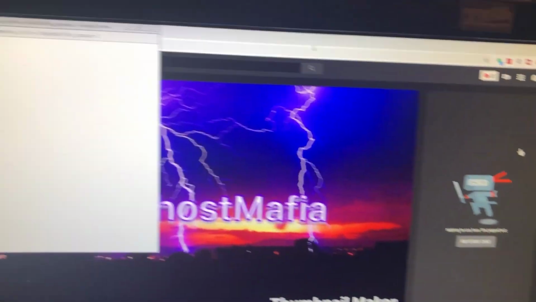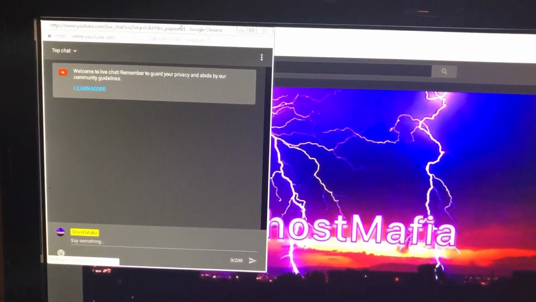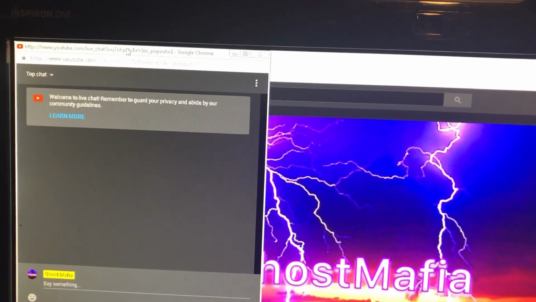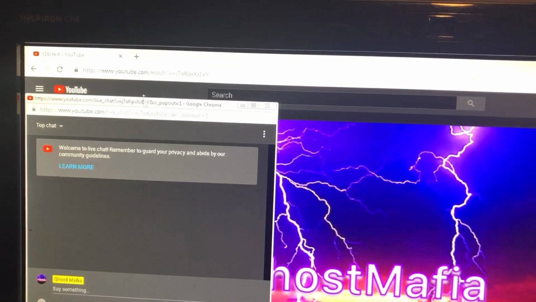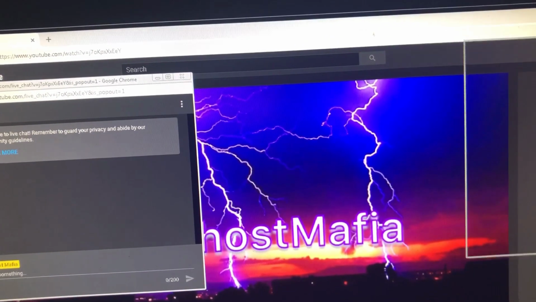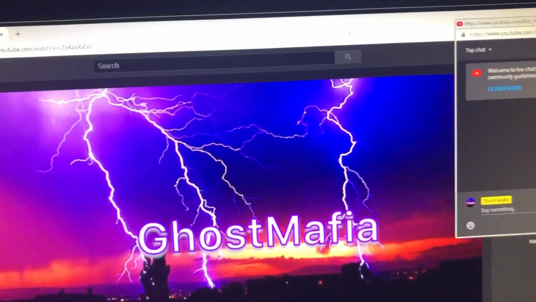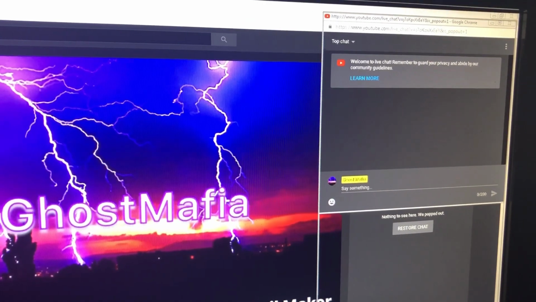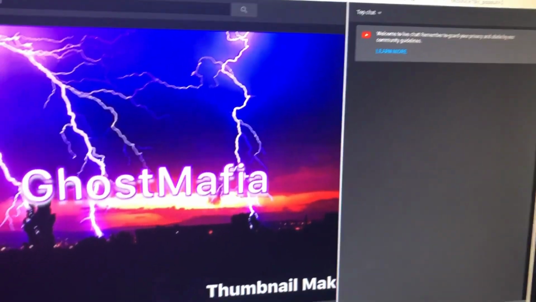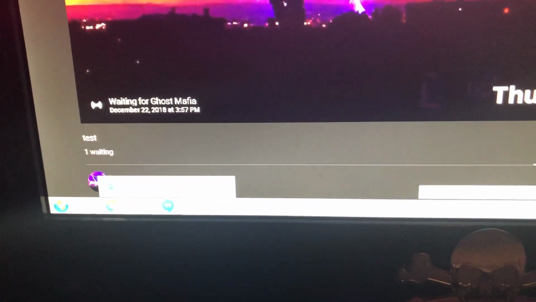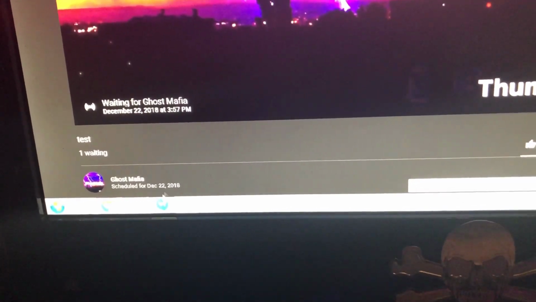What that does is it opens the chat in its own window over here on the left hand side, which you can resize and move to anywhere on your screen that you want to. What I'm going to do is put it over here on the right hand side. I'm going to resize it for the whole screen, and then I'm going to come down here on my taskbar, and you see your Google Hangouts down here on your taskbar. If you click on that, it should bring up,